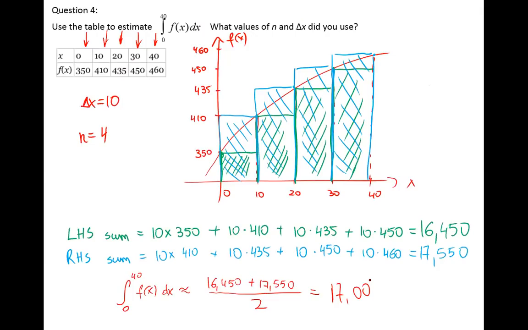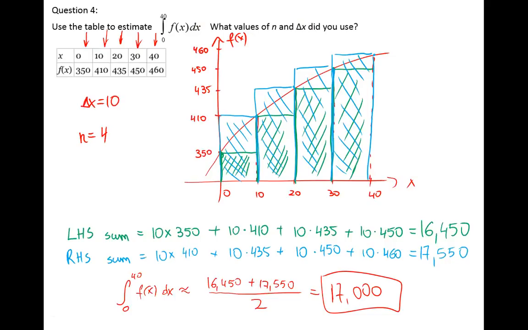Okay, and we do have the n and the delta x. I hope you understand this. You can maybe get the values right away, but I think the graph is helpful. When you plot the points and put the curve, the graph is quite helpful to estimate the